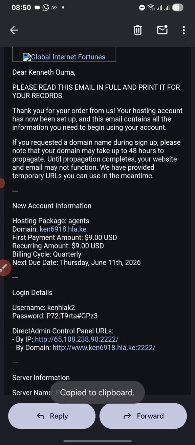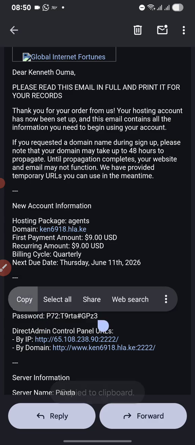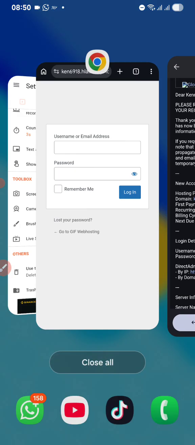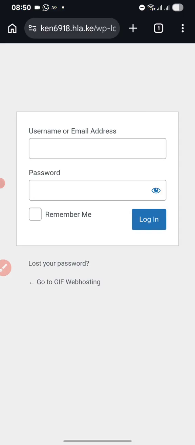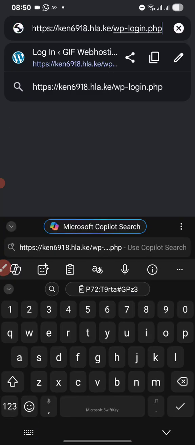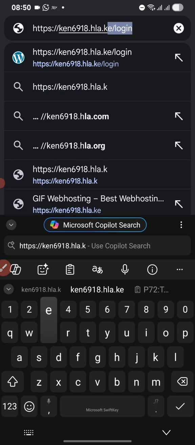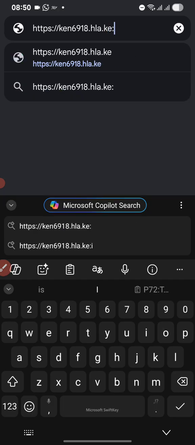So these details can only be changed by your hosting provider. So you copy the 2 details and then we go ahead to our website. And on this website here, you type your domain. We want to log into our control panel. So log into the control panel, type your domain, semicolon